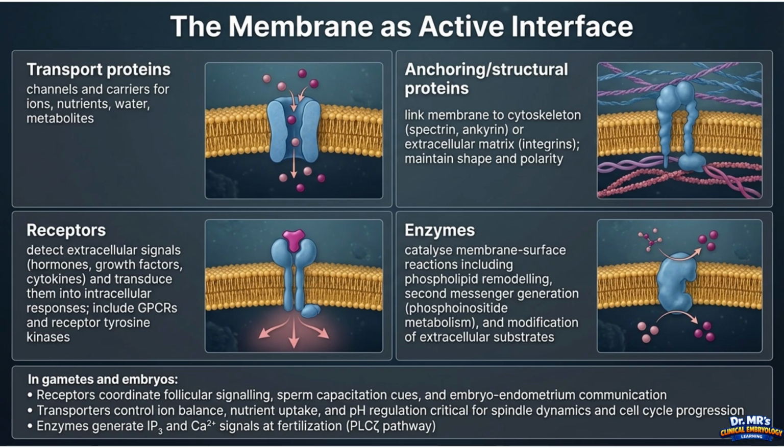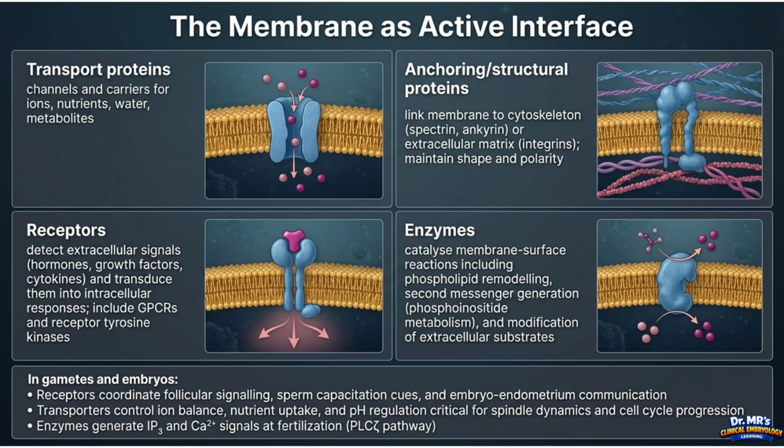Receptor proteins, our third category, detect extracellular signals and transduce them into intracellular responses. The signals these receptors detect include hormones such as follicle-stimulating hormone and luteinizing hormone, growth factors, cytokines, and physical ligands. G-protein-coupled receptors and receptor tyrosine kinases are the 2 dominant families, and both are heavily represented in reproductive biology. The luteinizing hormone surge that triggers oocyte maturation acts through a G-protein-coupled receptor on granulosa cells, a 7-transmembrane receptor initiating